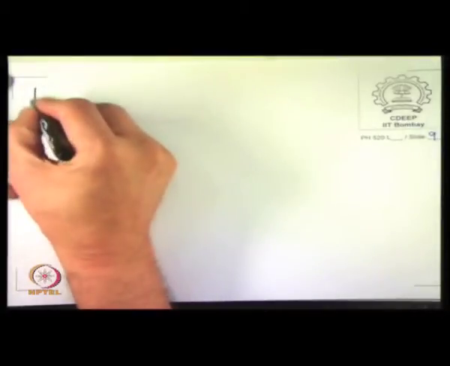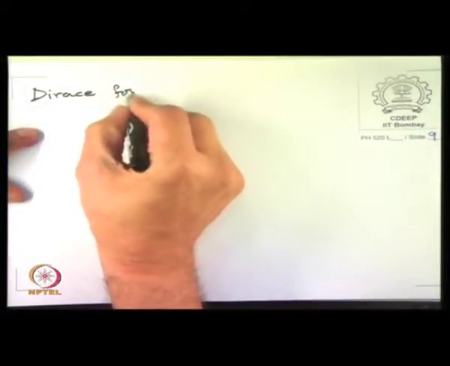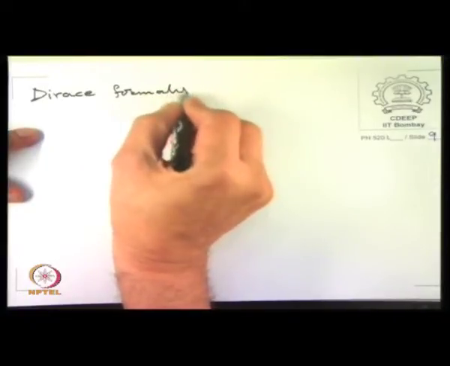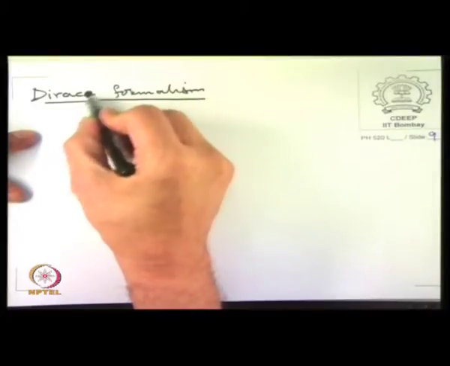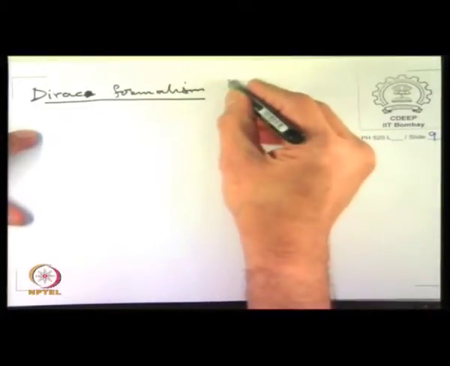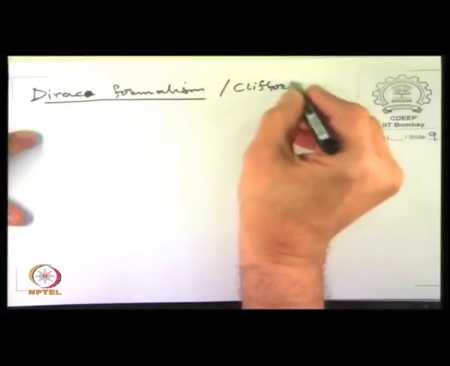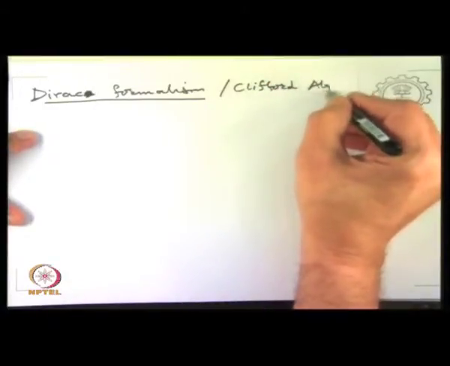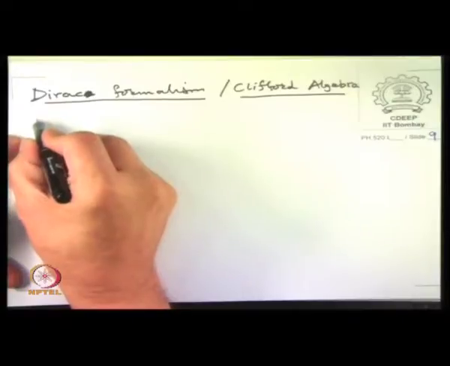So in 1929, Dirac proposed in modern form